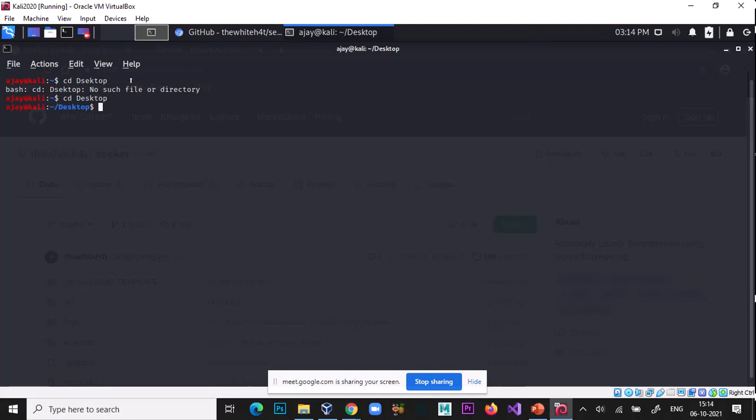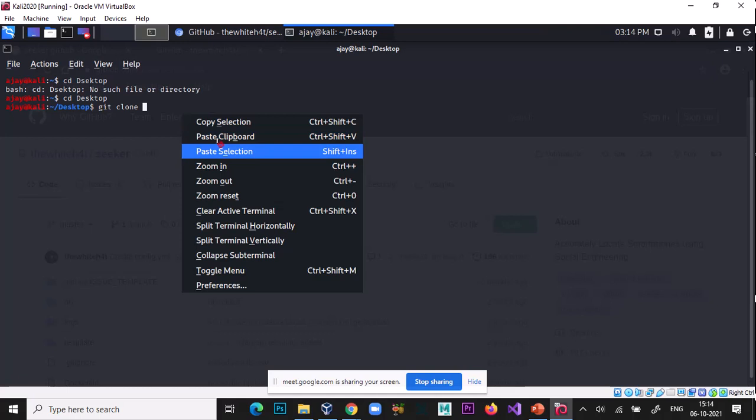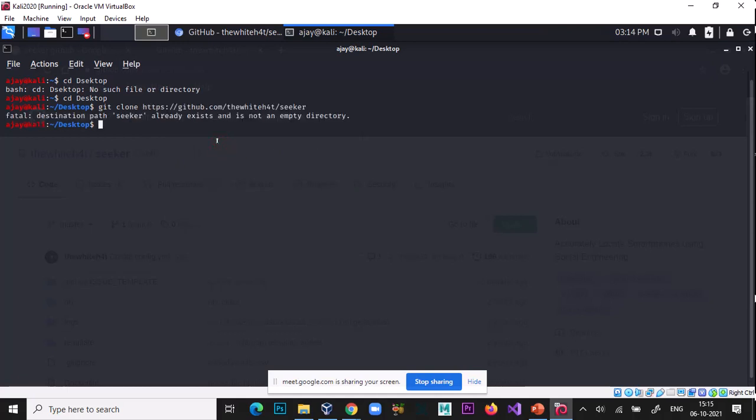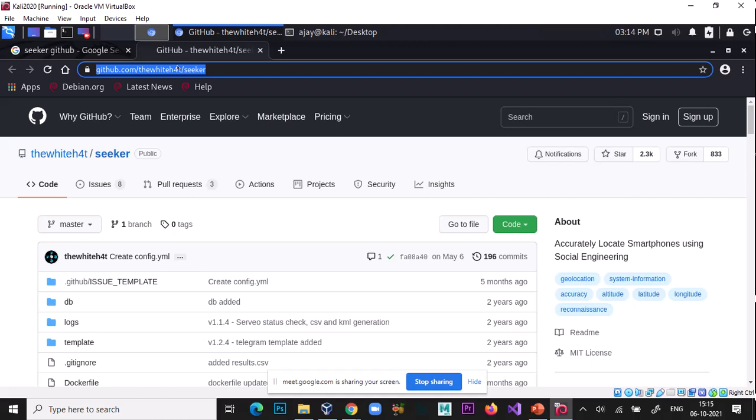Okay, so seeker already exists. Otherwise it's a simple process. You can copy the link, or just drag the link onto your command prompt.